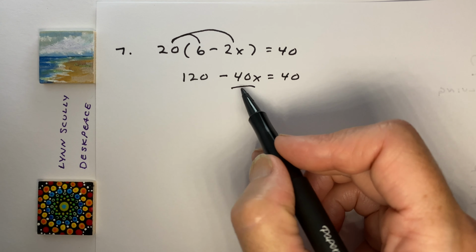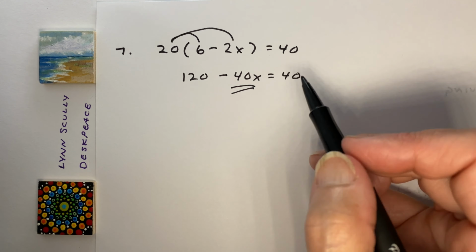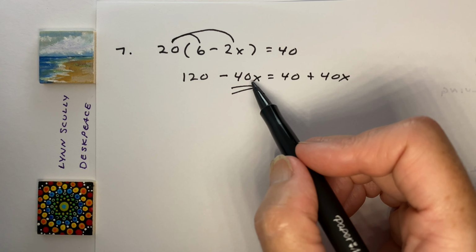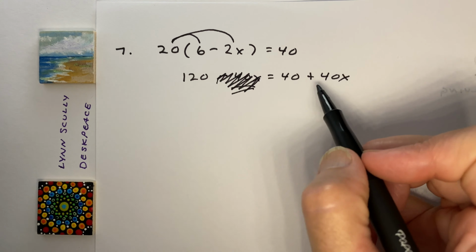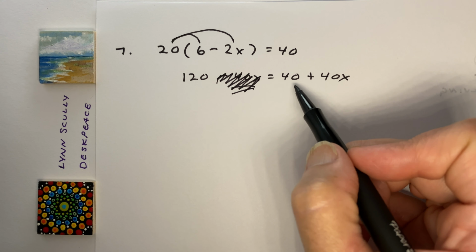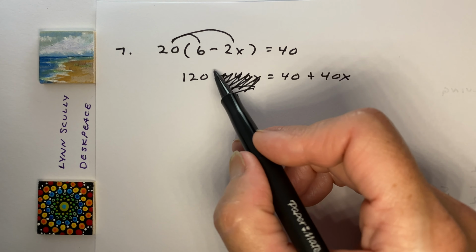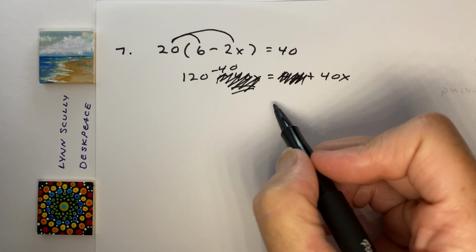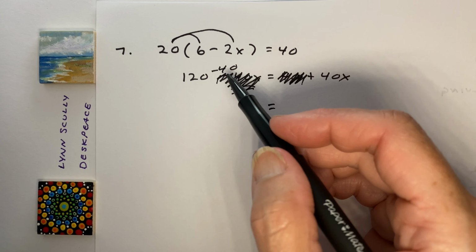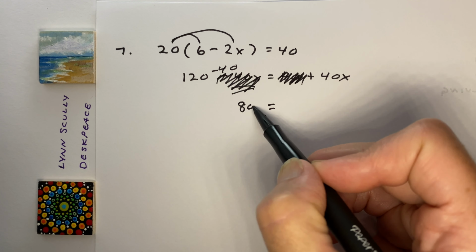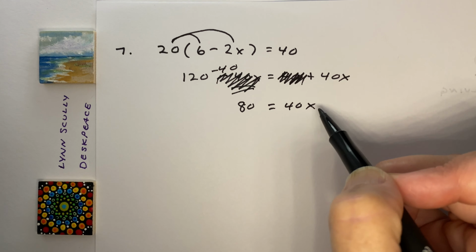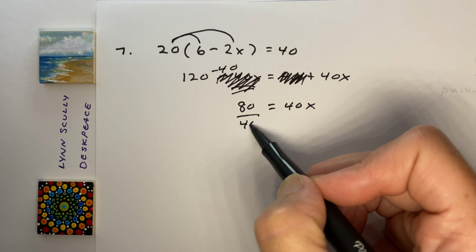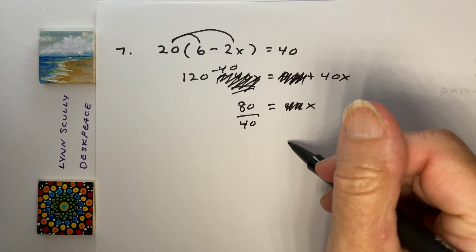And remember, we prefer this to be positive if we can. So I'm actually going to add the 40x over here first so that I can get it positive. Now I'm going to get the x alone. This 40 is attached by addition. I'll move it by subtraction to the other side of the equal sign. Okay, so now I have 120 minus 40 is 80 equals 40x. I want to get that x alone. 40 is attached by multiplication, move it by division to the other side of the equal sign, and I'm getting